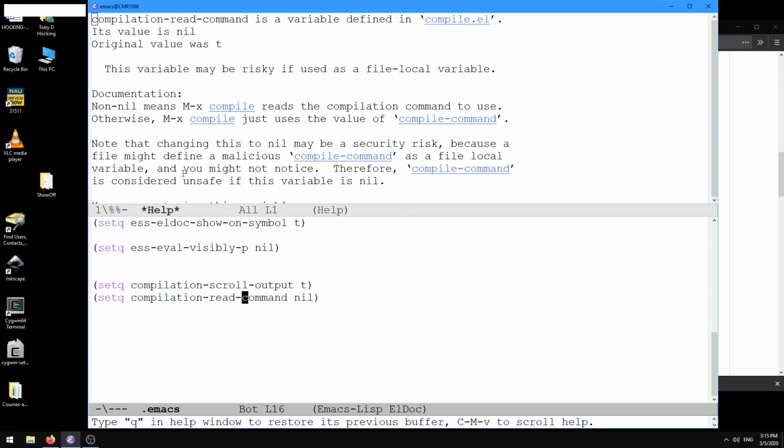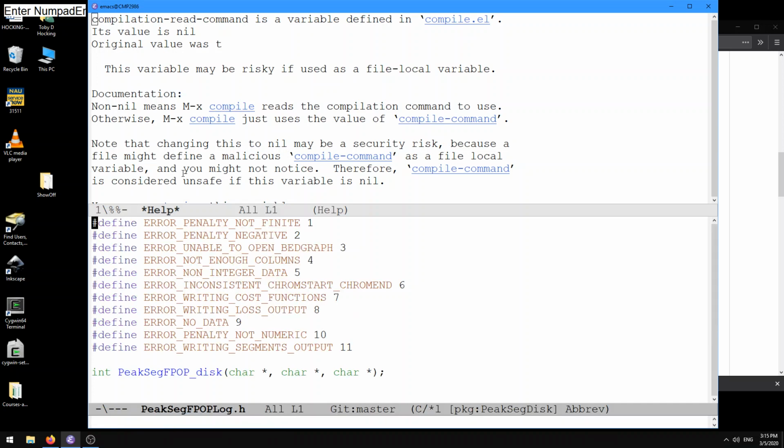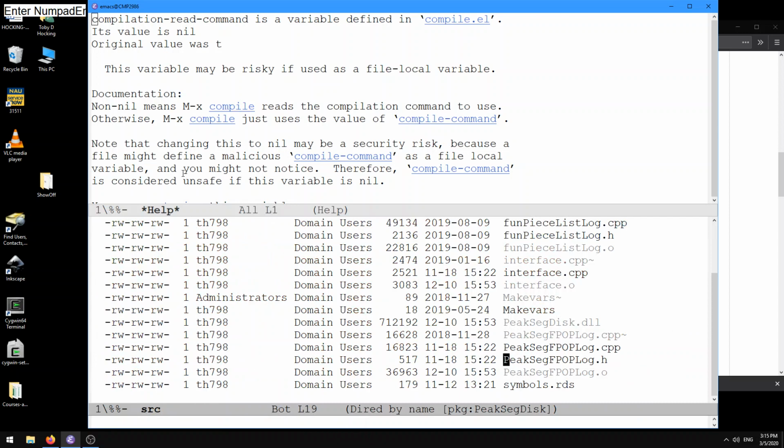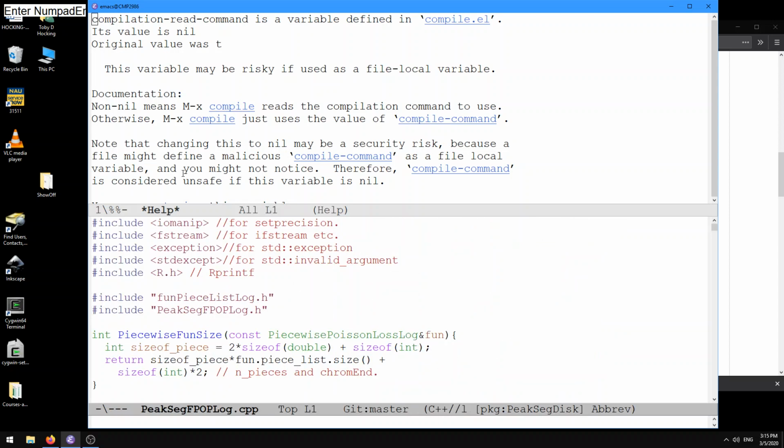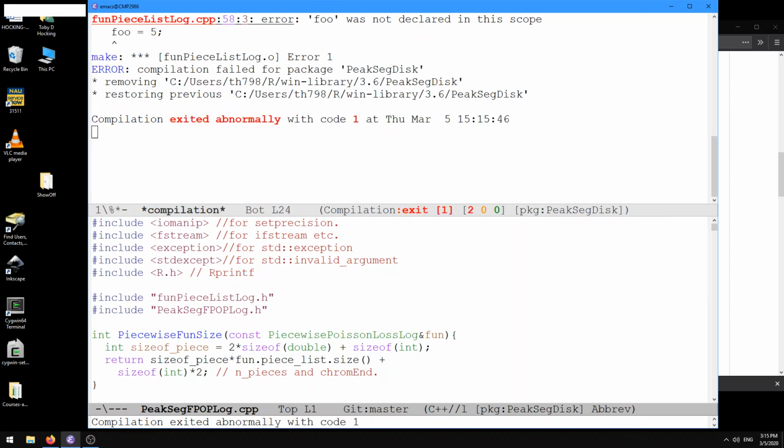So therefore, compile command is considered unsafe if this variable is nil. So going back to our code, let's see what this means, right? So now opening back up that C++ file, we can do compile again using mx compile, and then it's going to run that command, and it's going to